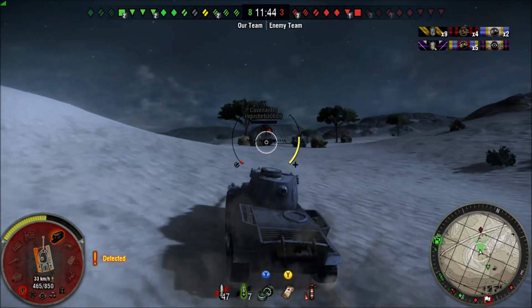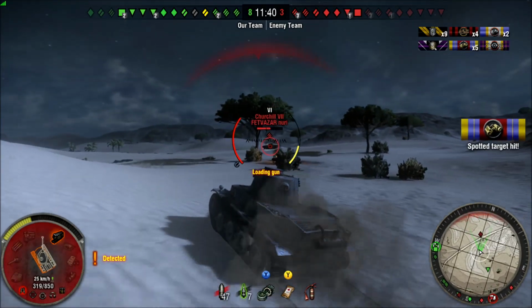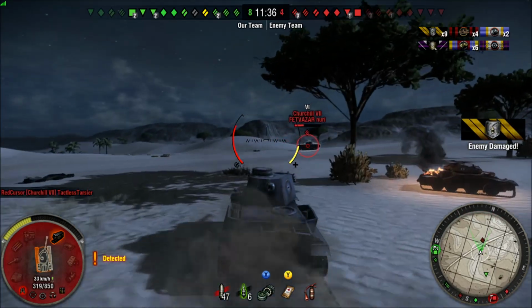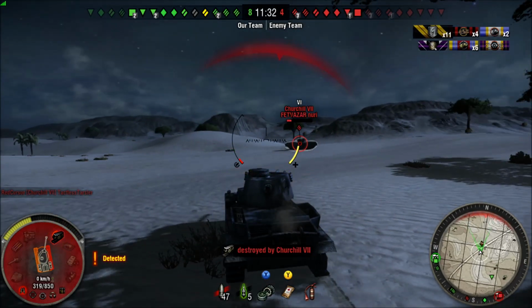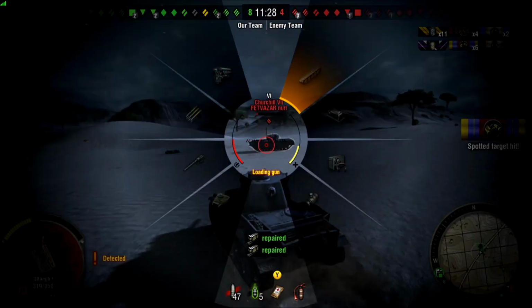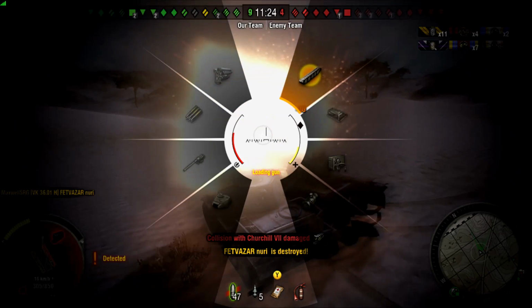And now I'm going to just try and chase this Churchill 7 down, and decide just to lock on while I make my move to get in close to him. Thinking about trying to carousel around him, but he takes out my track, and this is where the bug strikes. There we go. And I end up with the repair UI stuck open on my screen despite not having a